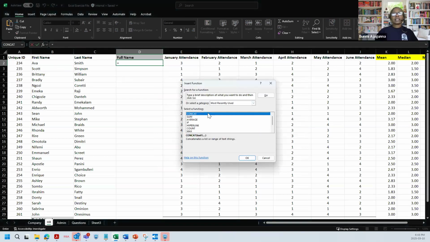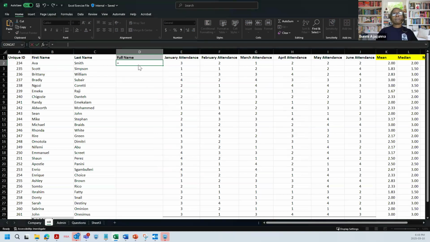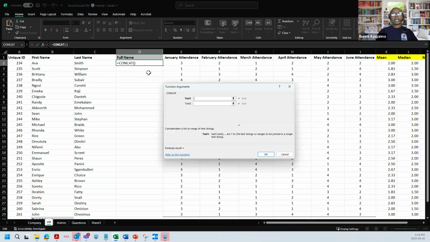We had the concat. All right. So we're starting the formula. Concat is saying, what boxes do you want? You click on Ava. You want Ava. And the text 2 is what? You want Smith. But what it's giving you before you press OK, the results usually come here. So you see the result and you already know, no, I need a space in between it. So you can say, no, this is not what I want.